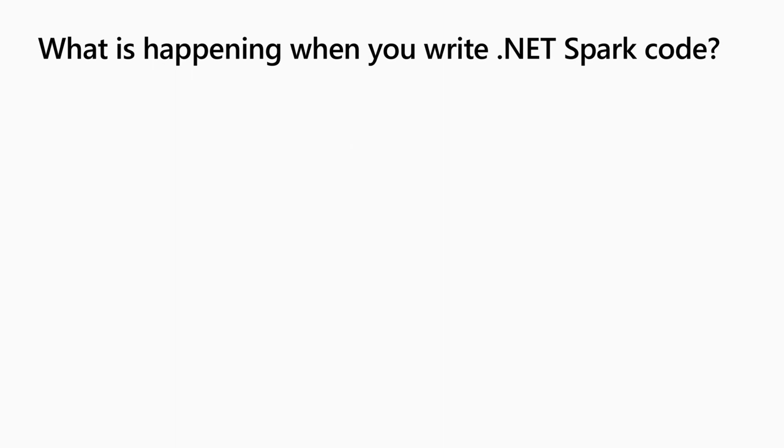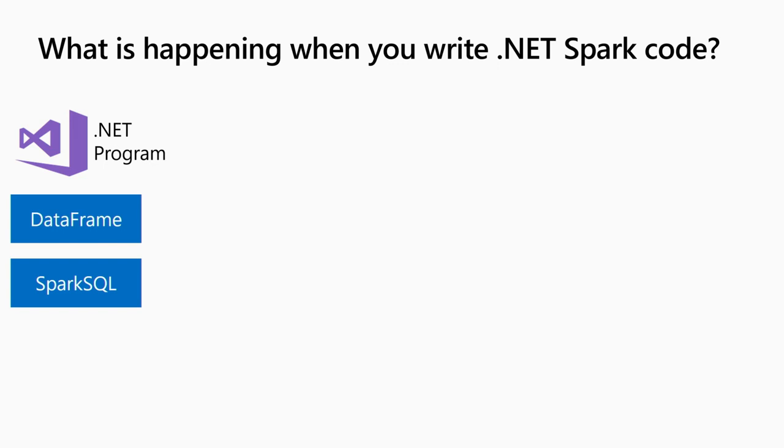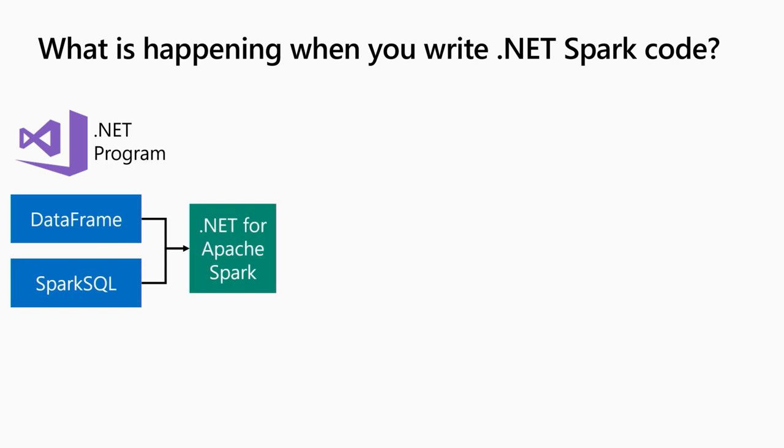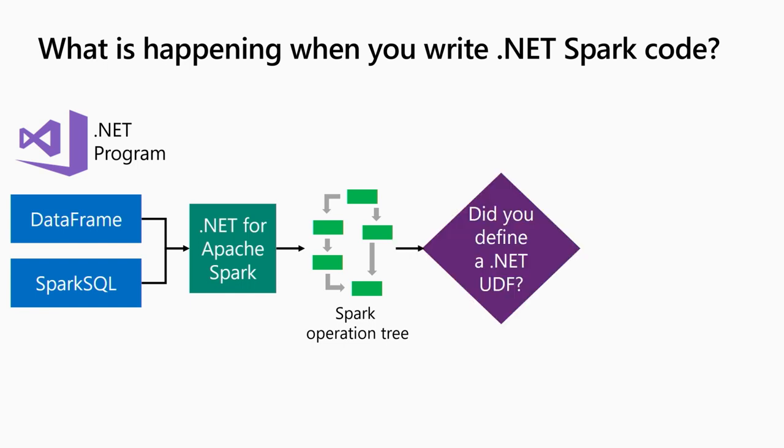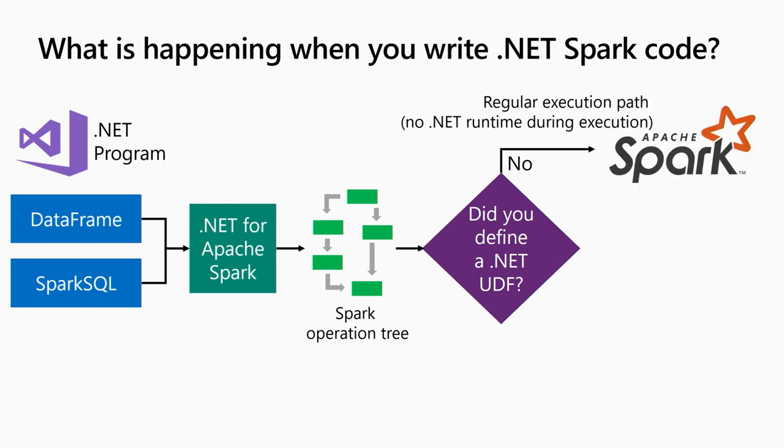Now, what is exactly happening when you write .NET Spark code? We alluded to it, so I will go over it quickly. You basically write your Spark SQL or DataFrame kind of queries. They will get translated by the .NET for Apache Spark component into an operation tree that then gets sent to the Spark cluster. And depending on whether you use a user-defined function or not, it will take a slightly different approach. So if you did not specify a user-defined function in your Spark query, then it will just be executed